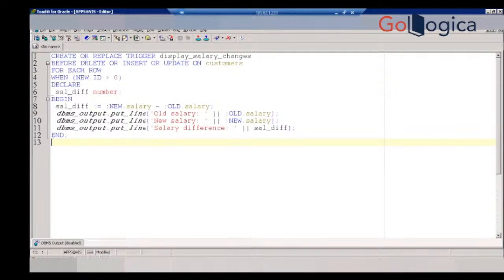Okay, now create or replace trigger, name display_salary_changes. This is the trigger name. Before delete or insert or update on customers. So here we are doing three operations. We have before, after, and instead of. Before and after we use for tables, instead of is used for views. But here, before deleting or inserting or updating on the customers table,